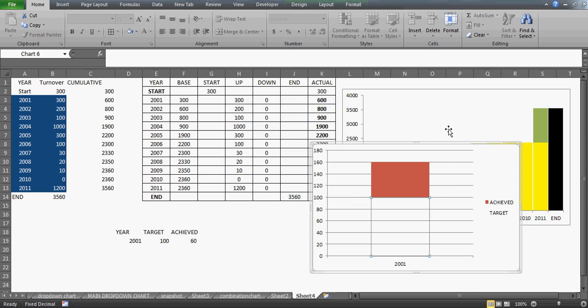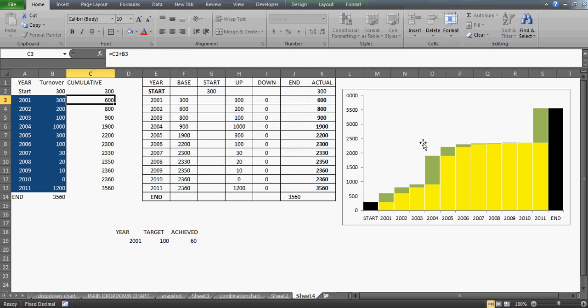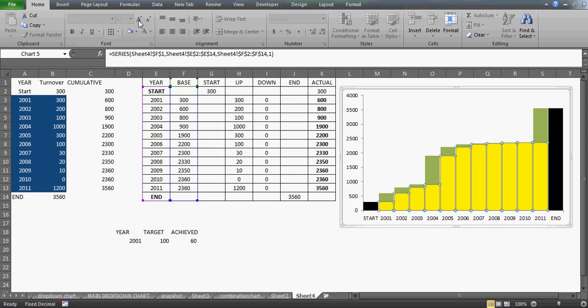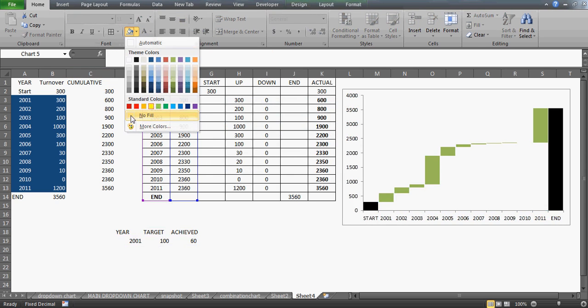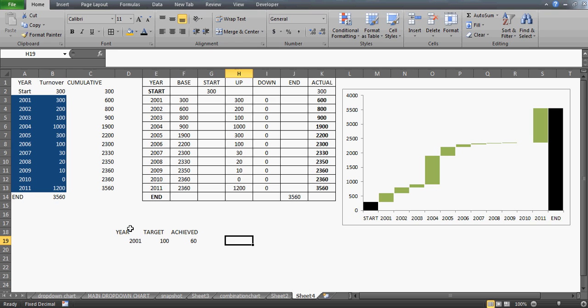So that's how we use this kind of a chart, and that was the technique. So I just simply go ahead again and I'll do this no fill, right? And this is how you actually prepare the chart. So the point is, it always works on your data bifurcations. You really have to work a lot